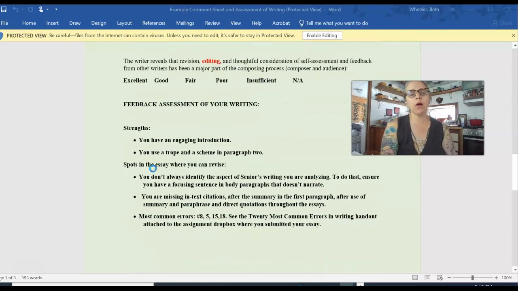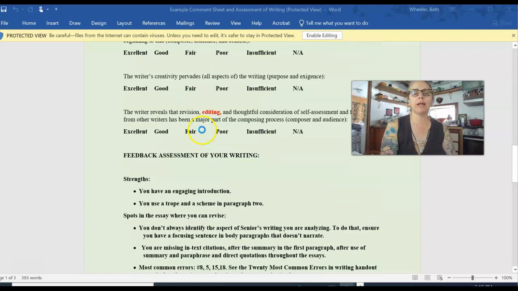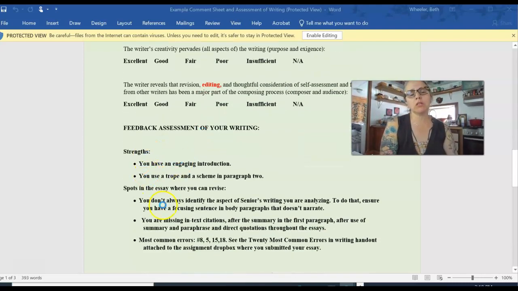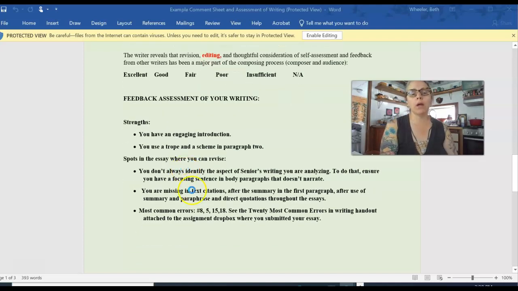Then below that, you all, I have some feedback on the assessment of your writing. This up here, all of these criteria are the assessment. And then I don't have a rubric where I say, here's the best way you can achieve creativity. Here's the second best way. I instead personalize comments. I tell you strengths and weaknesses. So I don't give you a rubric where I just kind of mark the box where you are for the criteria. I instead personalize. So then you're going to see me telling you what your strengths are in Essay 1 and where you can revise.